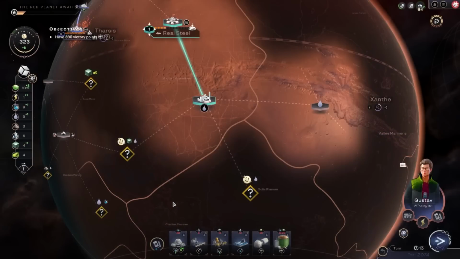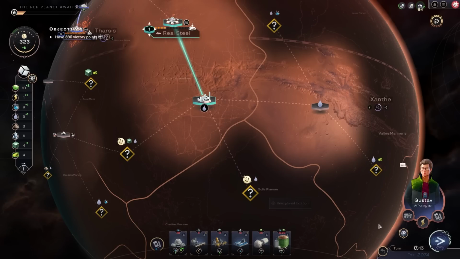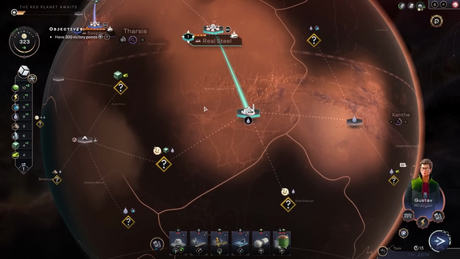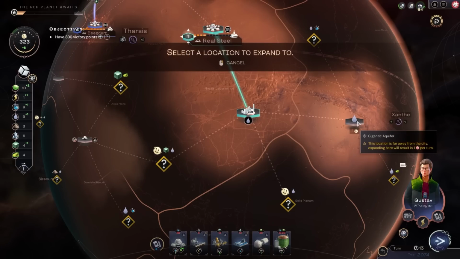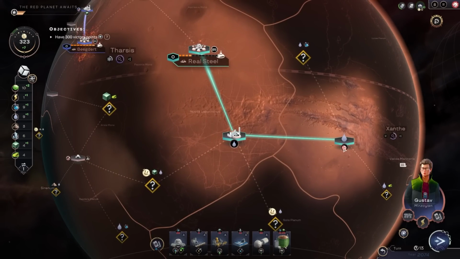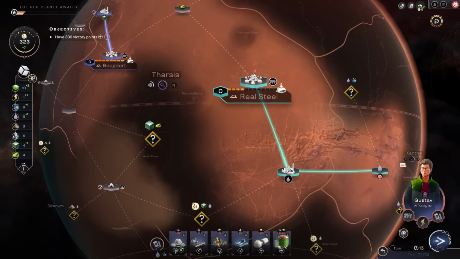Okay, so we're going to get here. So we get some water, we get some more food, and we get another big aquifer. We just need a lot more resources, including power. Oof. I may or may not have spent all of my power. However... Move there. So... Is far away from the city. Ooh, so the one issue with Real Steel...